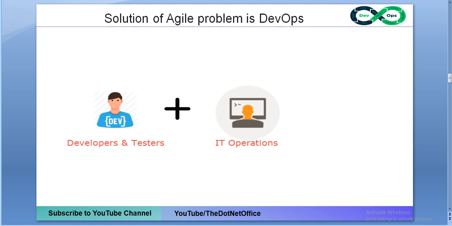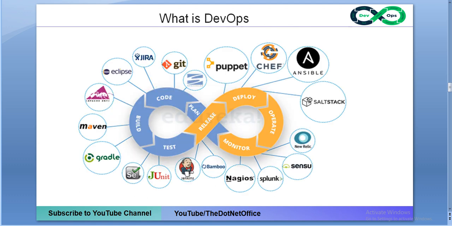They communicate with each other from time to time to resolve the agile problem. So basically, we will now see more about what DevOps is. DevOps is known as Dev for development and Ops for operation, where a DevOps engineer fulfills both developer and system admin roles in order to provide continuous delivery and high software quality. DevOps automates many processes in software development and operation using tools and techniques.